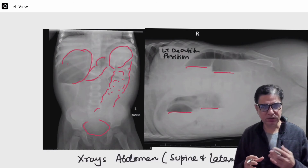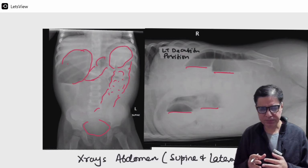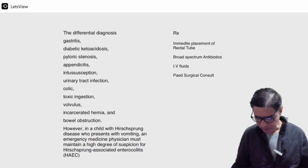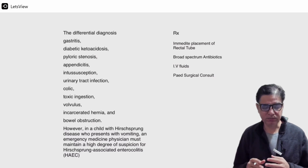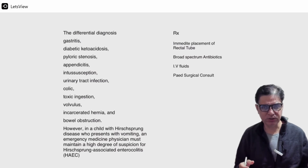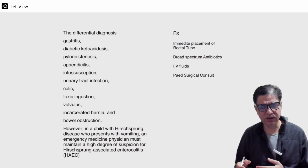It can present with non-specific signs and symptoms like fever, irritability, abdominal distension, could be diarrhea, could be vomiting, inability to tolerate oral fluids, and they can have a mild fever as well. So remember some of the other differential diagnoses which you have to keep in mind, which are usually the differentials of any child who has vomiting: it could be viral gastritis, first presentation of diabetic ketoacidosis, pyloric stenosis, acute appendicitis if it is right-sided abdominal pain,